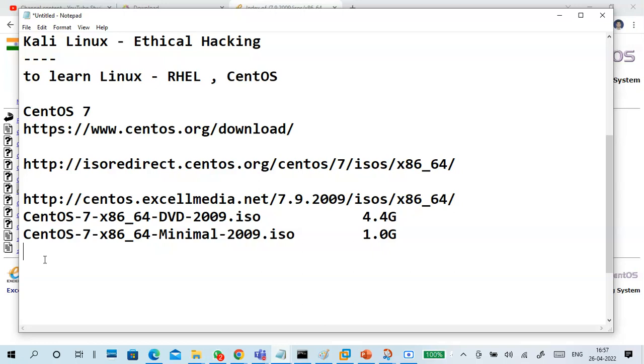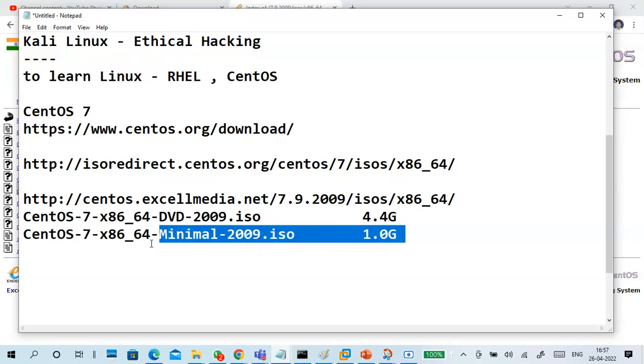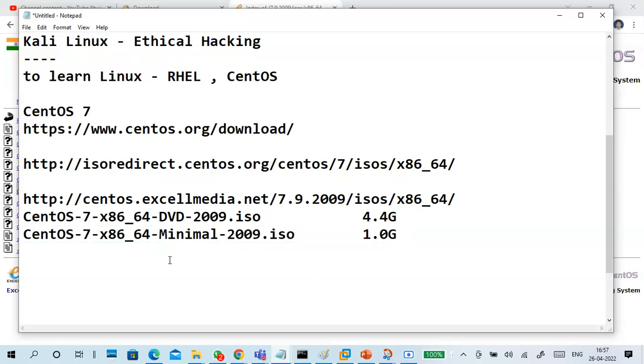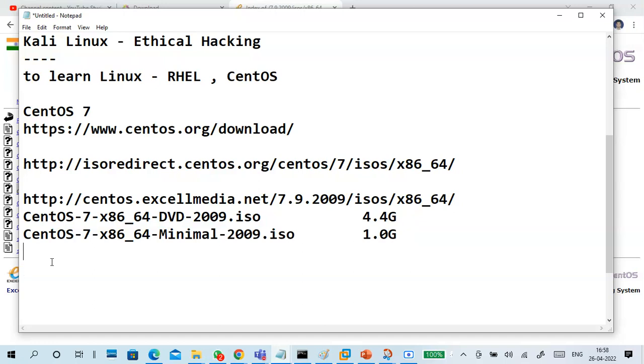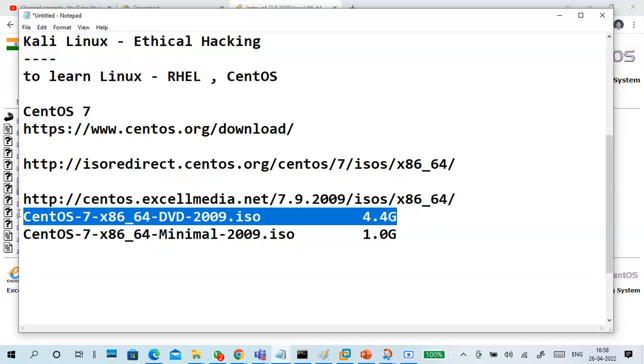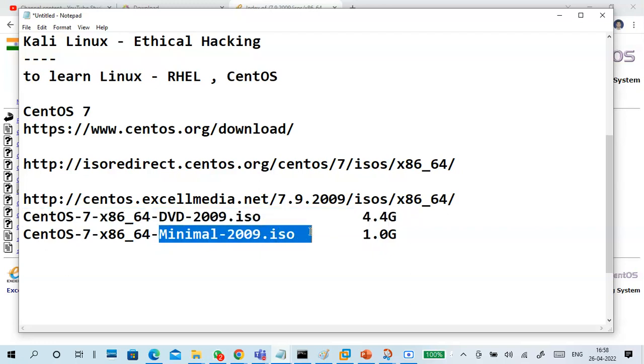Like you have 2 GB RAM or 4 GB RAM, but you can't have more availability of RAM. Availability RAM is 1 GB. So what will you do? You can use this one also. Very little space it occupies, and less RAM. A lot of benefits are there, but there are a few things you have to know how to deal with. Of course, you can go through my old videos also, on how to install minimal and how to work with minimal.